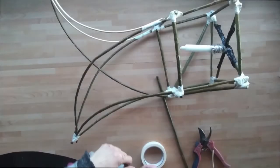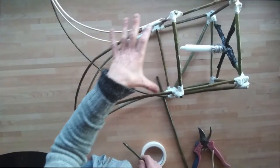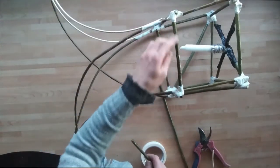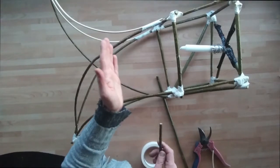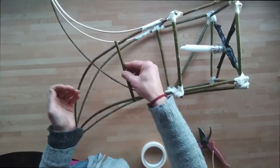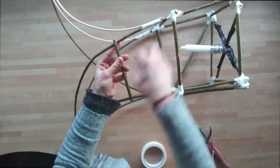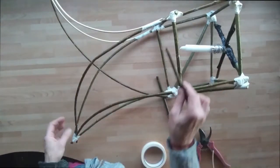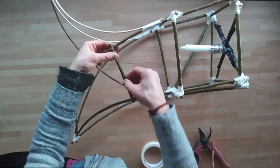Now, when it comes to papering, it's a lot more difficult to paper a huge section like this. It's better and easier for you to section one little bit at a time. So what we do is we break it up with a piece of withy. Then we'll only have to paper this bit and then this bit, rather than having to do the whole thing in one. So wherever we've got some big open spaces, it's a good idea just to add a bit